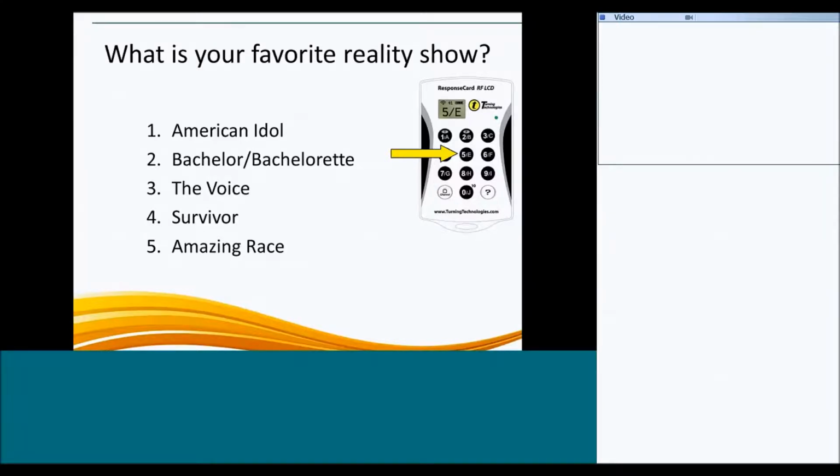What is your favorite reality show? When instructed, the countdown timer will be displayed and voting will begin. Again, you may change your answer as long as polling is open. So I am going to select number 5 by pressing 5 on my device. Once the 15 seconds have expired,